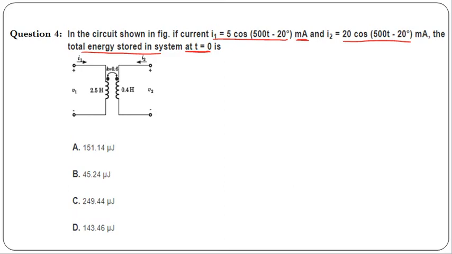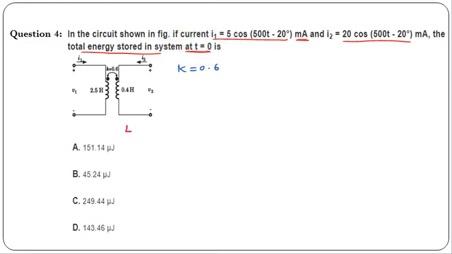So यहाँ पे क्या है कि जो primary and secondary coil है they are coupled, but यहाँ पे क्या है k value is given, so k is 0.6. So k, I have told that it is coefficient of coupling and its value is 0.6. So directly यहाँ पे mutual inductance की value नहीं given है, they have given k value. Okay, so in this case we have to find out the energy stored.